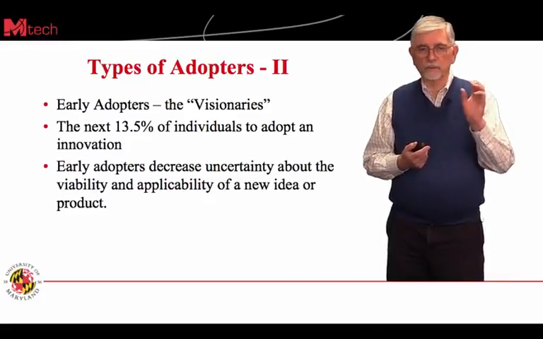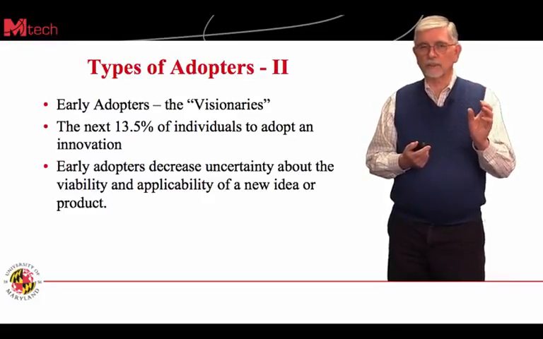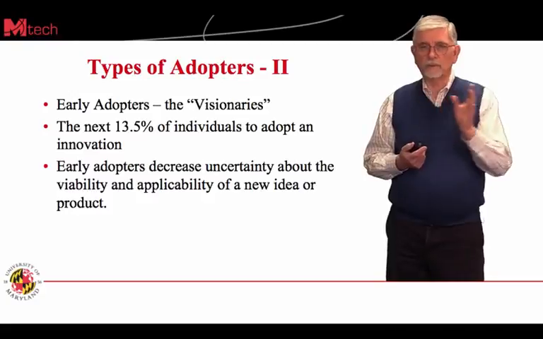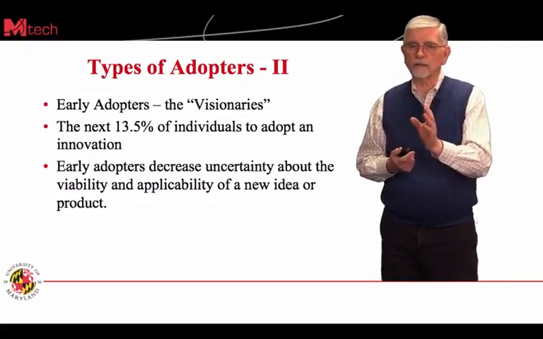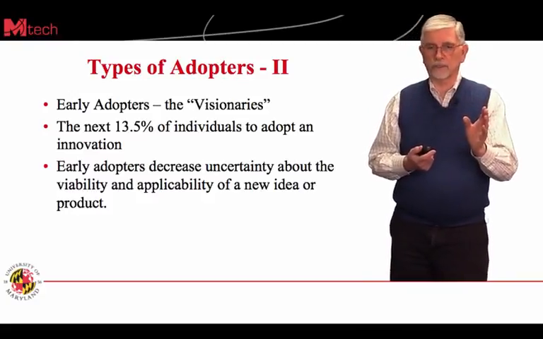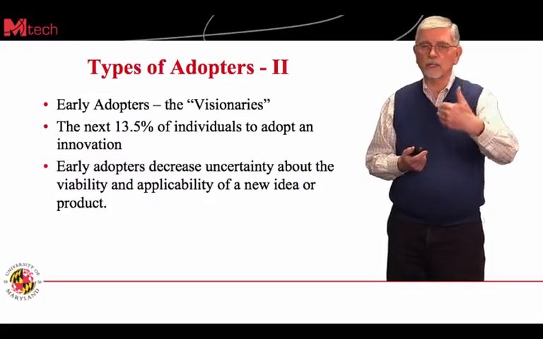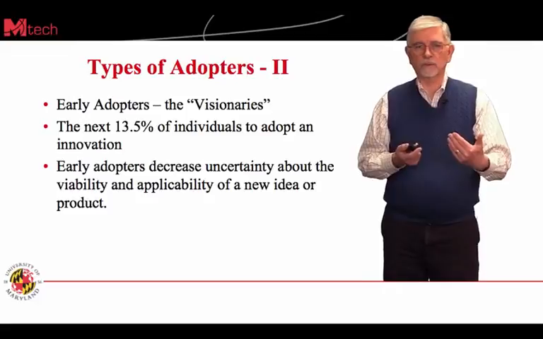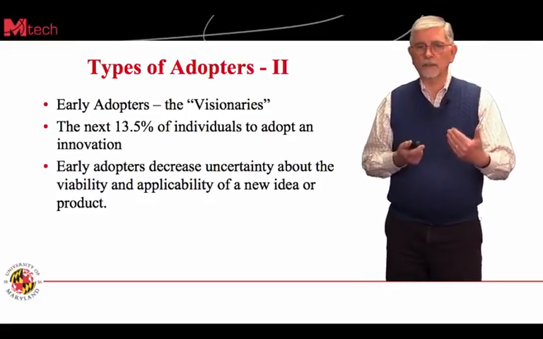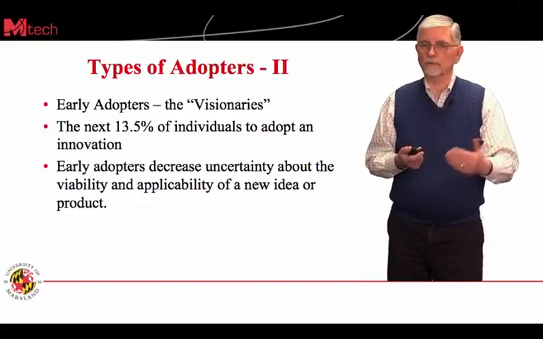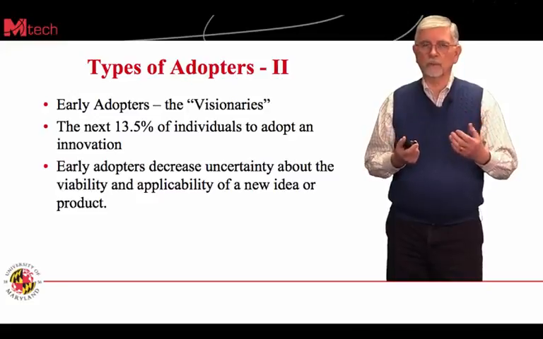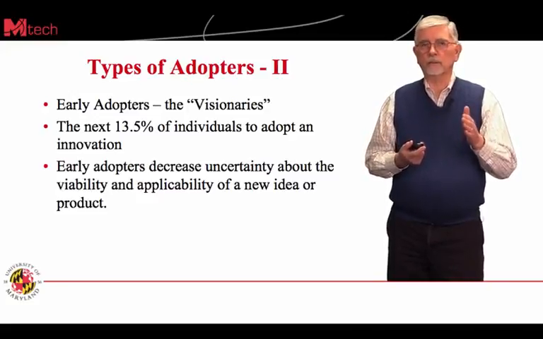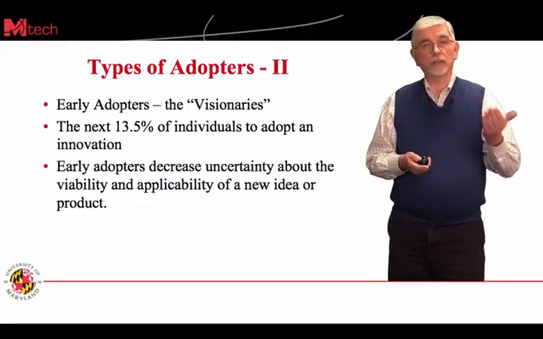And because if just 2.5% of the people adopted it, maybe the rest of the people who are potential market users of that innovation wouldn't be so interested in it. But when you see the next stage of adopters, those visionaries, those early adopters, that's another 13.5%. So you've got almost 15% of the people who are showing that this innovation has value and they're demonstrating its use.